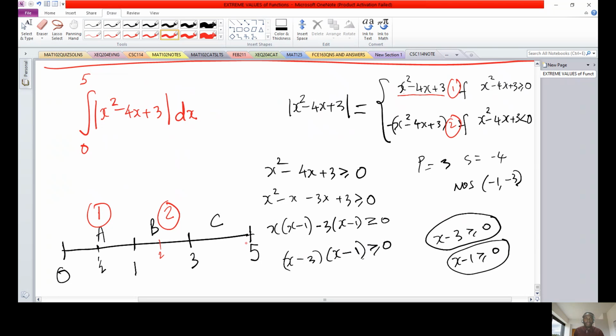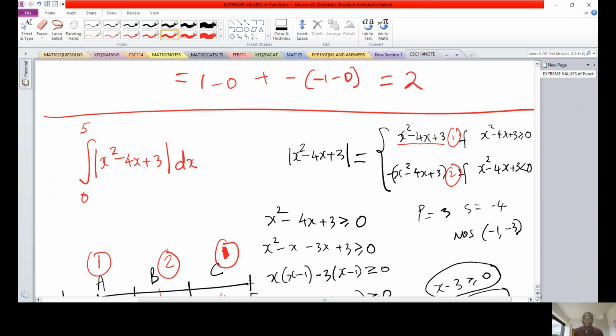And then 3 to 5, pick a value like 4. So 4 minus 3 is positive, 4 minus 1 is positive. Positive times positive is positive. So that's true. So therefore, from 3 to 5 will also be defined by formula 1. So therefore, now you rewrite your integral as